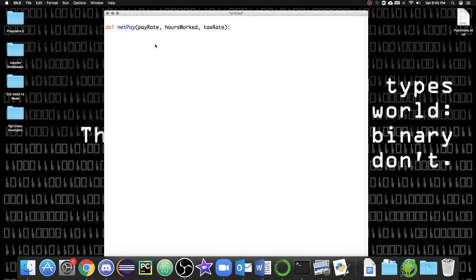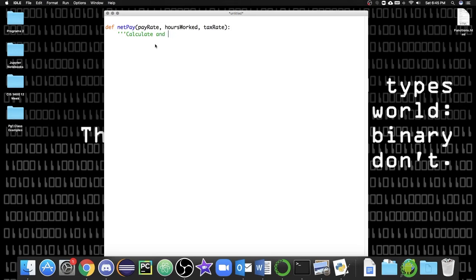Once we have that, we end our function heading with a colon, much like we would with an if statement or elif or else or while loop or for loop. But we do have that colon there, and then you'll see that it automatically kind of indents for you because now you're in the block of code that you want to do. Just like with a Python program, we don't actually make declarations, we just do the work that we need to do, and variables are declared as they're initialized. So we can start doing that, but it's always a good idea to include a doc string, which is a triple quoted string, and it will be the first line of code inside any function, and all it does is it describes the function. This will calculate